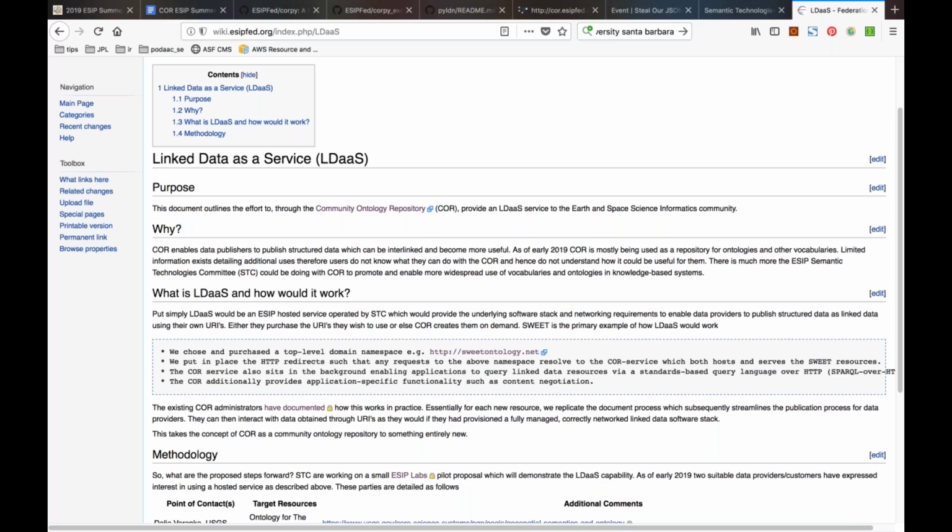However, all that makes COR facilitate, the COR service stack facilitates you hitting a Suite URI and getting to somewhere which gives you a response, right? That's all it's set up for. And when you say that facilitates the Suite URI, it facilitates any ontology who wants to use it the same way